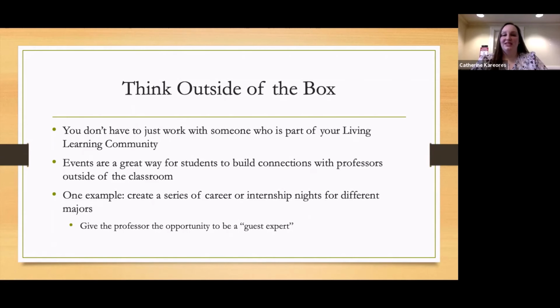Have them come into the residence hall, give a presentation, or even just open the floor up for a Q&A for students to learn more and ask the kinds of questions they're not able to ask in a classroom when they're really focused on getting through that lesson for the day. And going back to what I mentioned earlier in the presentation, that's a really awesome way for students to feel more comfortable approaching a faculty member. It's very different in a small residence hall event versus a major lecture hall, where they don't want to ask that question in front of a bunch of other students, but would feel a little more comfortable going up in a one-on-one setting.